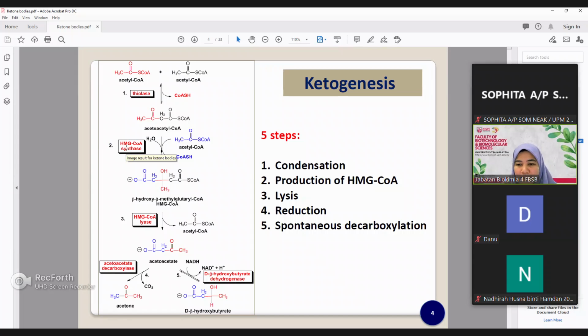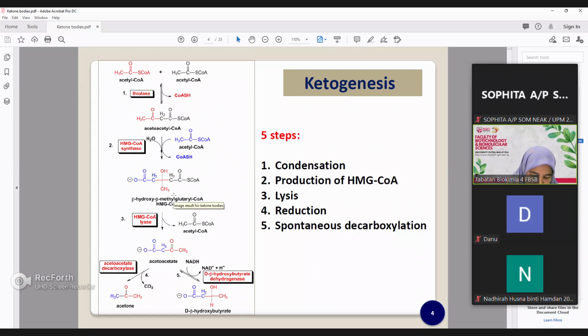The second step involves another condensation between acetoacetyl-CoA and a third acetyl-CoA, catalyzed by HMG-CoA synthase. This is the enzyme that catalyzes the second condensation to form